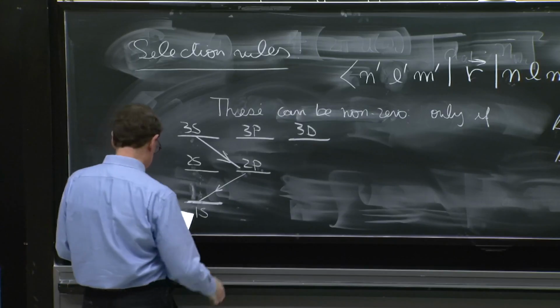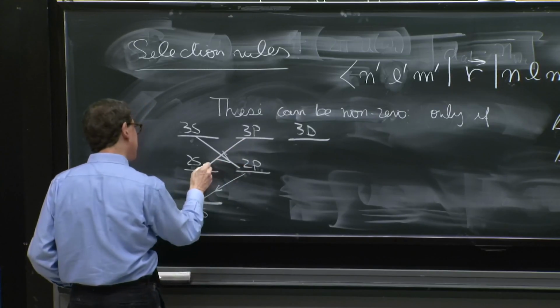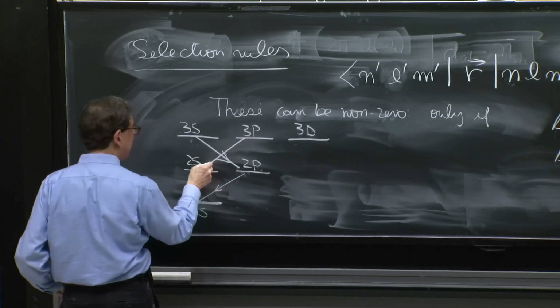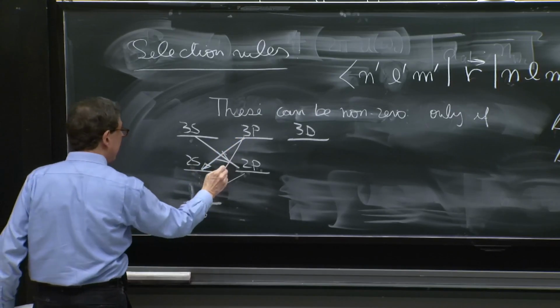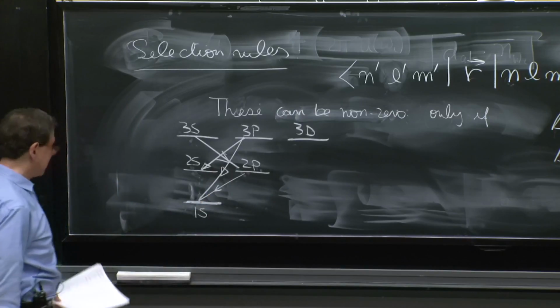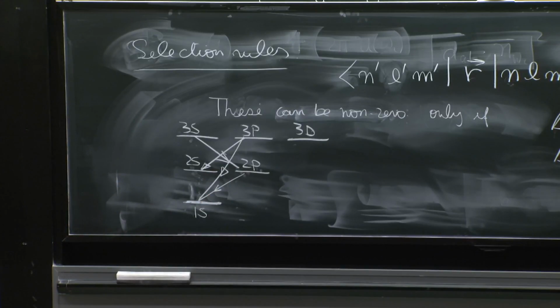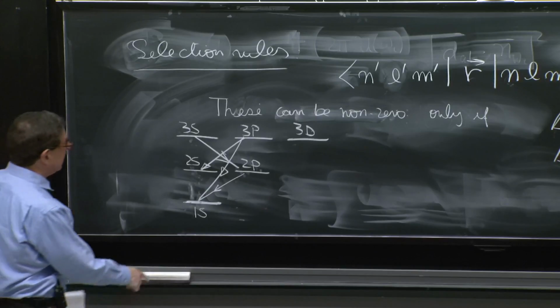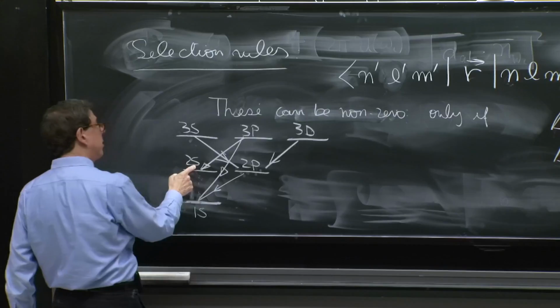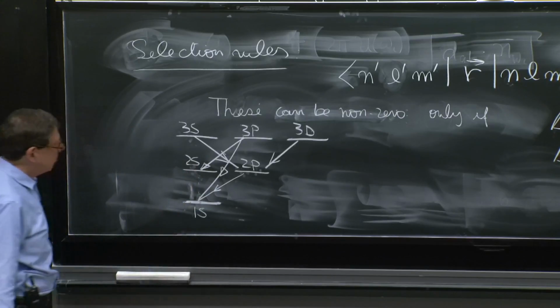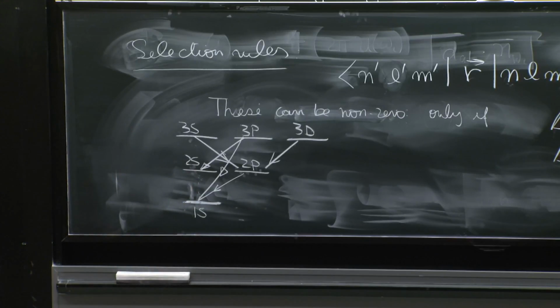The 3p can go here, and my diagram is starting to get cluttered. And it could go here as well, all the way down. And the 3d can only go here. Cannot go up to here because that would be L equal 2. So that is your diagram of possible decays of hydrogen. And you're going to be computing a couple of those